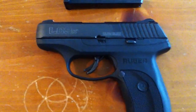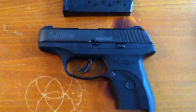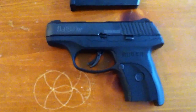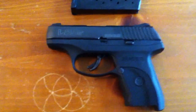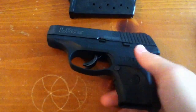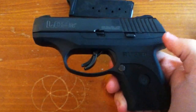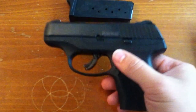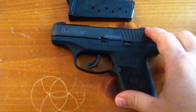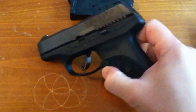So, what drew me to this gun? Well, honestly, I didn't consider this gun for the longest time. I mean, yeah, the price played a part in it, but really I wasn't a fan of the Ruger LC9 series, or the Rugers in general, honestly. Sorry, Ruger, you're a great company, but I wasn't really looking at your guns for the longest time. I was really looking at the M&P 9 Shield. Ended up going with this one